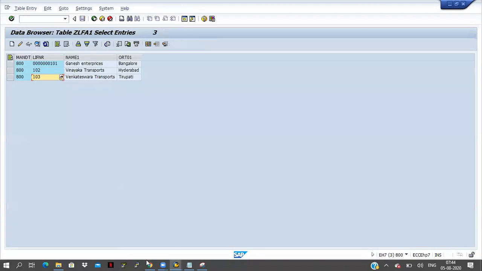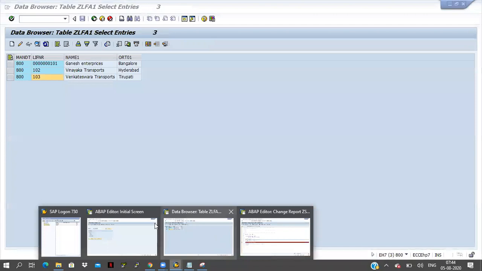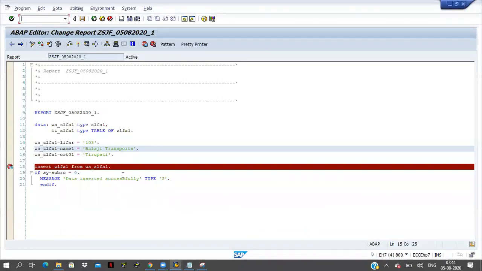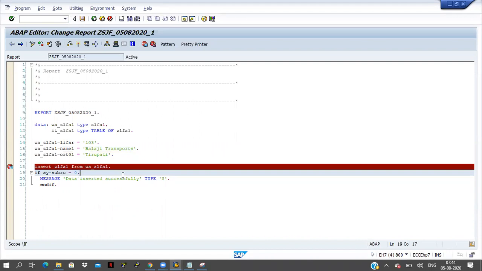Okay, nothing will come here. Okay, fine. See, today class will extend up to 8 or 8:10 like that. After disconnecting the call, once again you have to connect it.